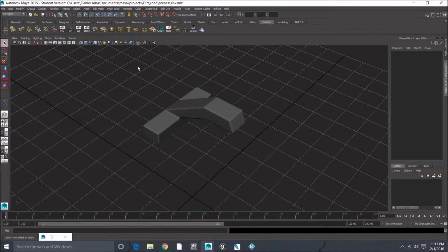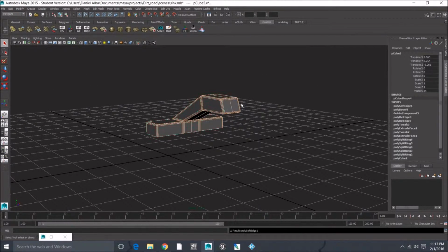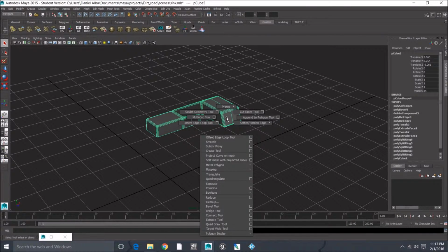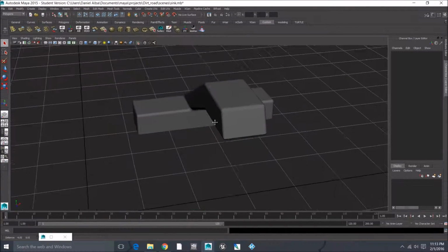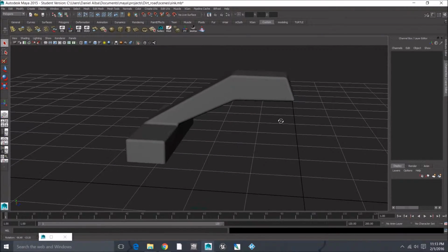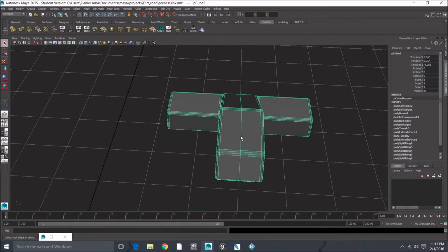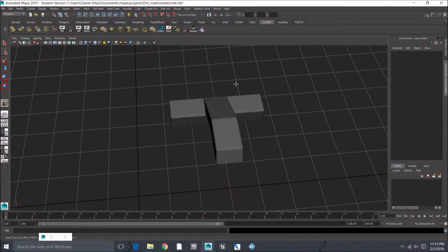Let's take out the wireframe and soft edge. With that you hold shift, right click, and then soft edge. And yeah, it looks pretty good to me. Looks high poly, but it's actually low poly. And then like I said, we're gonna get rid of this line later on. But for now, let's just